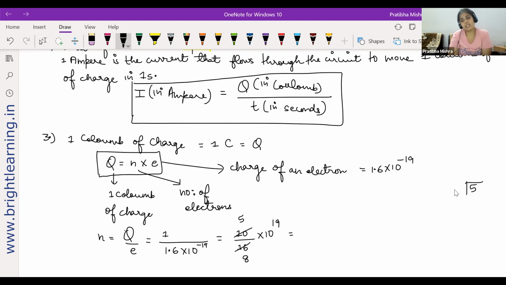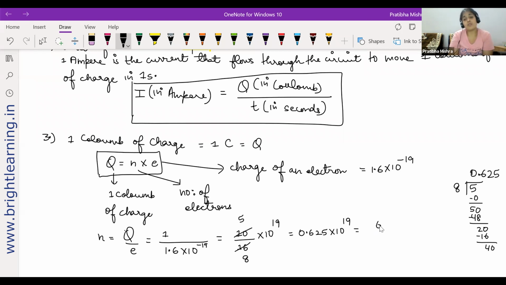So let's see what we get. 5 divided by 8. 8 zeros are 0, and then you get 50. 8 6s are 48, then 2. Up to 2 decimals should be more than enough. 8 2s are 16, and then 4, and 6 to 5 you can get approximately. Let's write it down: 0.625 into 10 to the power 19. Or if you want, write only till 2 decimals. It's more than enough for you.